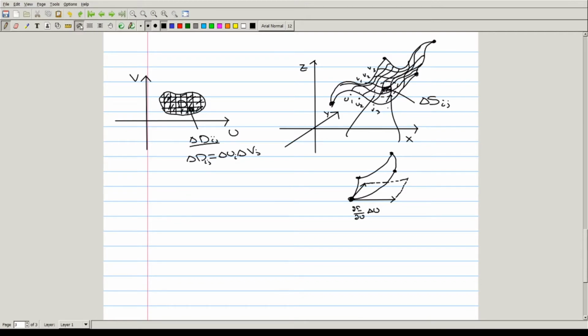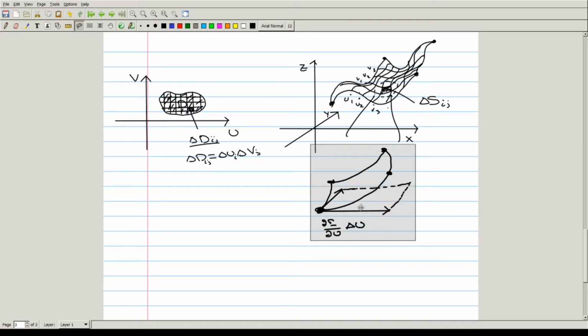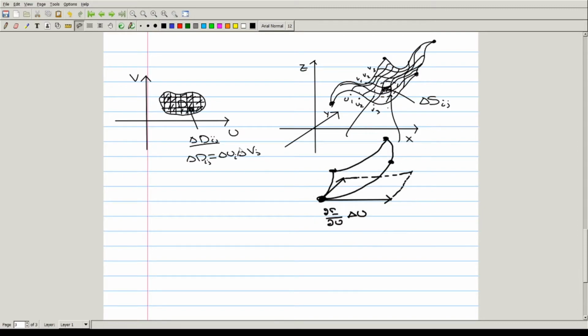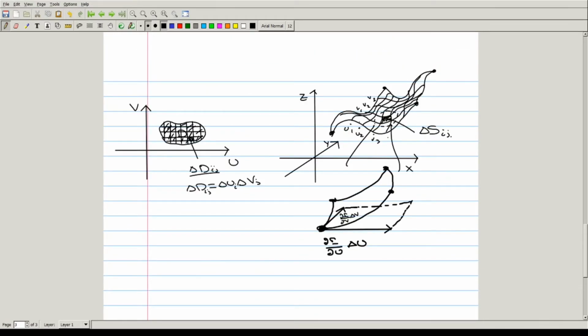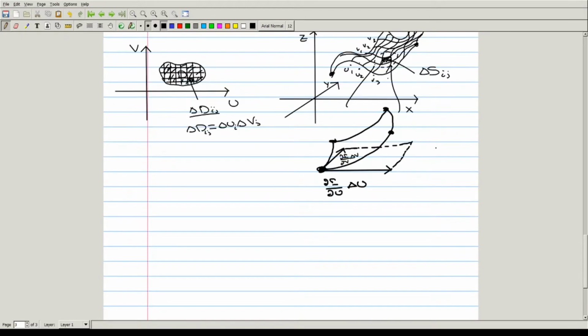Maybe make this a little bit bigger so that I can put that in there. Alright, this is just a zoomed in picture of one of these subsections, or one of these subpieces. This is dr dv times delta v. And we know that, so now we can do this for each one of these sections, delta Sij, and what